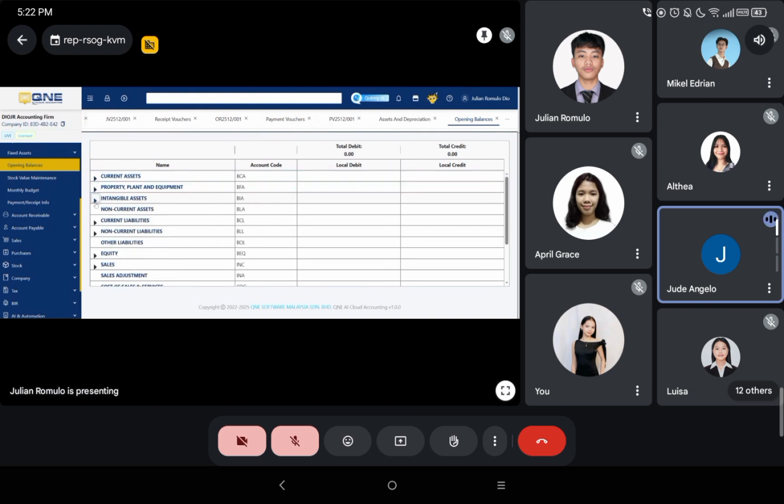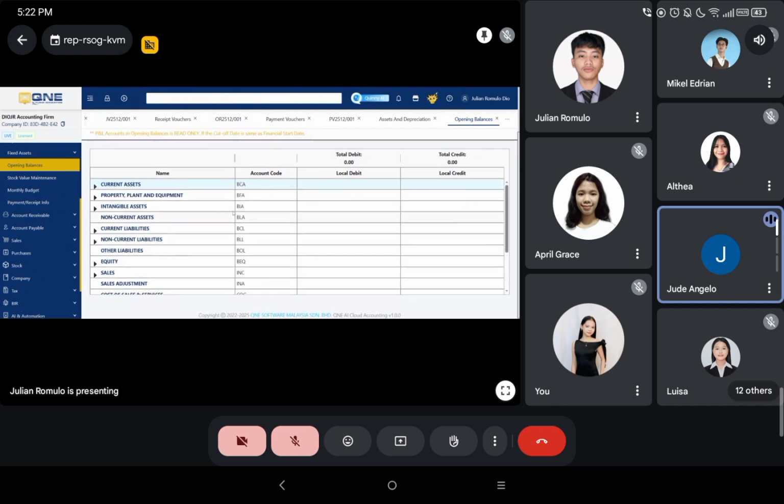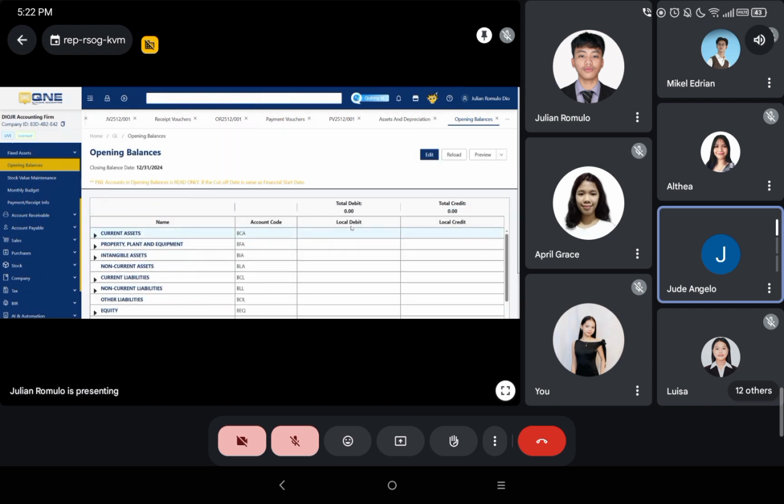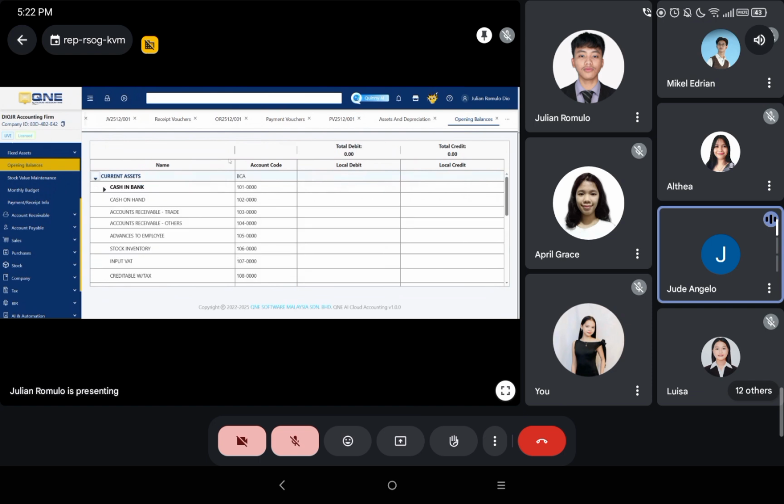Under current assets, you will see cash, then cash in bank, accounts receivable, and inventory. Then input the opening balances for each specific account under the upper right column, debit or credit. Once you input the amounts, the software automatically calculates the total debits and total credits. The difference shown is a real-time check to ensure the initial data is accurate and the equation is balanced.